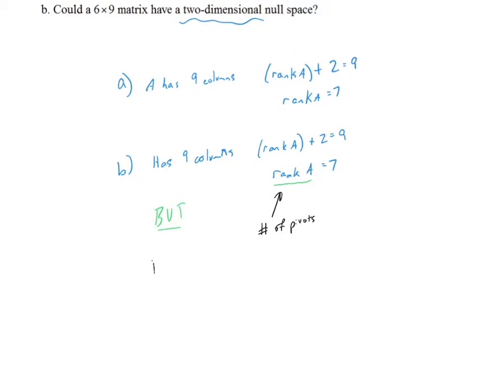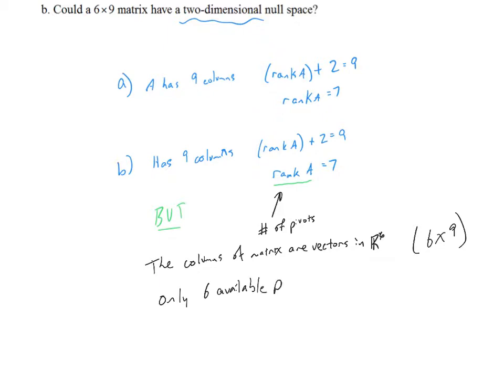The columns of my matrix are vectors in R6 because I was told that it was 6x9. If the columns of my matrix are vectors in R6, how many pivots are available? I'm pretty sure only 6. Only 6